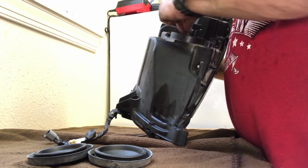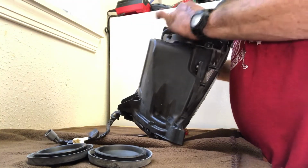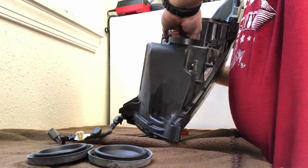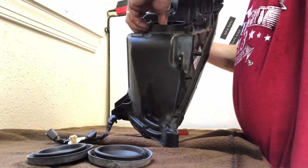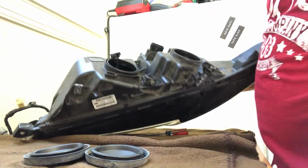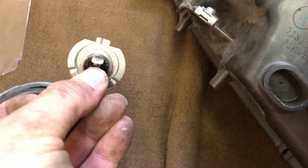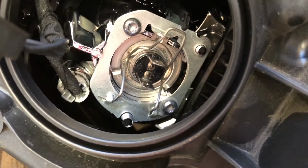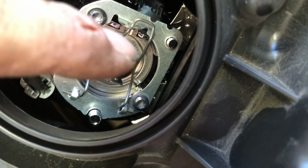Takes just a second to get this thing in here. There it goes. Well, now I've got that back in there, and as I was saying, this bulb has kind of got this flat edge on the top with that notch in it. That notch goes up here. So it's always circle around here, flat, and then that little notch goes in there. So the bulb has to go in one particular way, and all we're gonna do is just